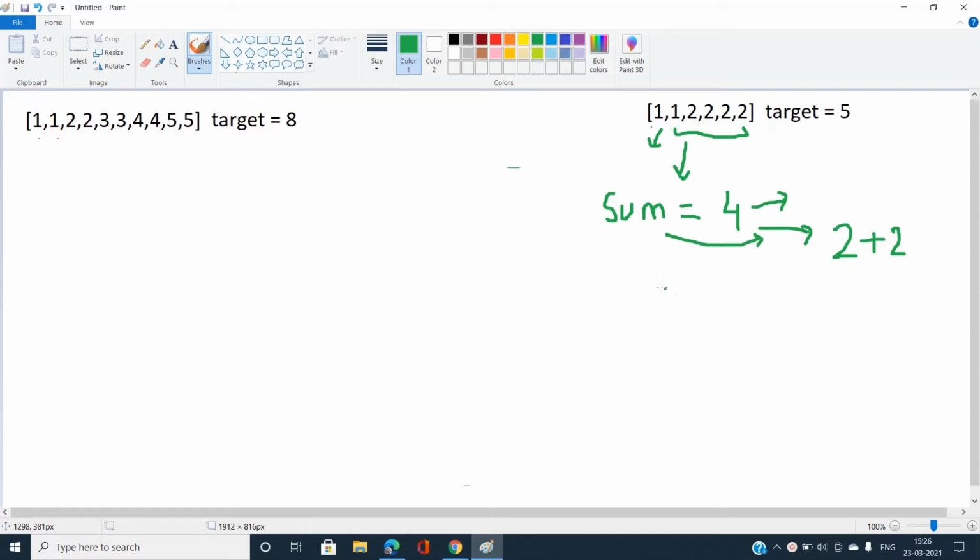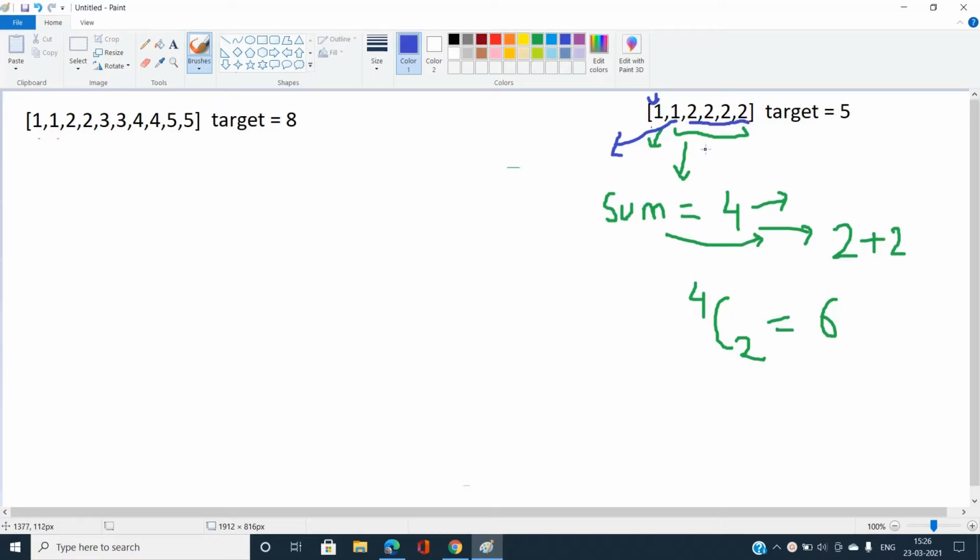So my answer would be, there are 4 twos present over here, so I need to select any 2 from this. So 4C2 would come out to be 6. Okay, so that is after taking my first element, that is this one. And what if we move over to the next index, that is, take this one now. If I have taken this one, then the elements to the right of it are again 4 twos.